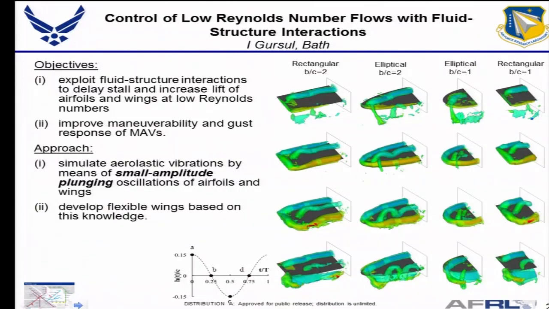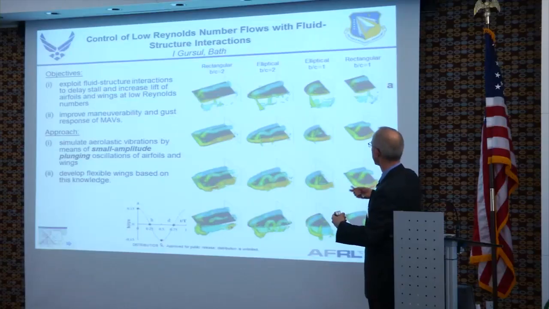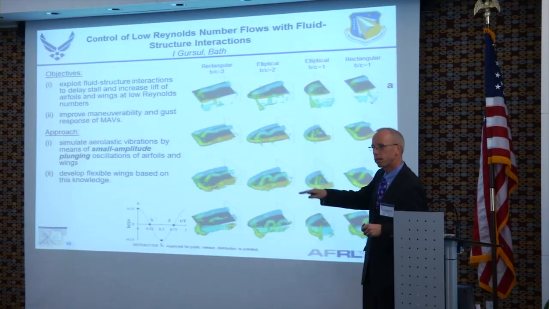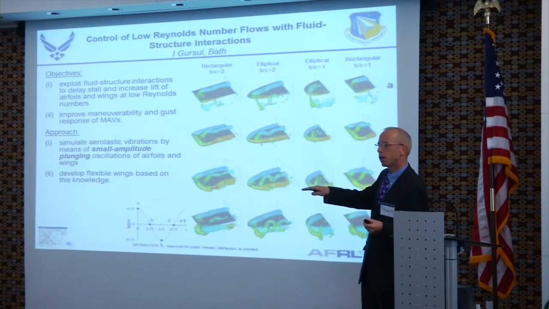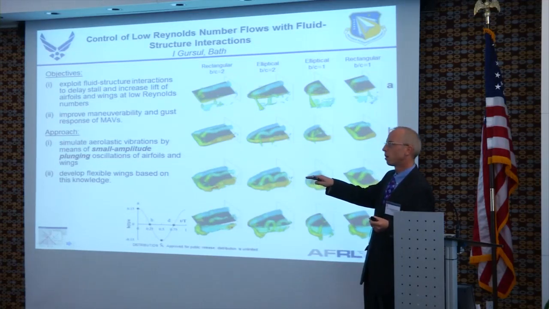He's got a number of different planform shapes here, so rectangular, elliptical. These are all just wings. The flow is coming in from sort of the upper left-hand corner like this, and he's just oscillating that wing a little bit up and down and trying to understand what effect that has on the flow field and whether or not you can actually prescribe that motion